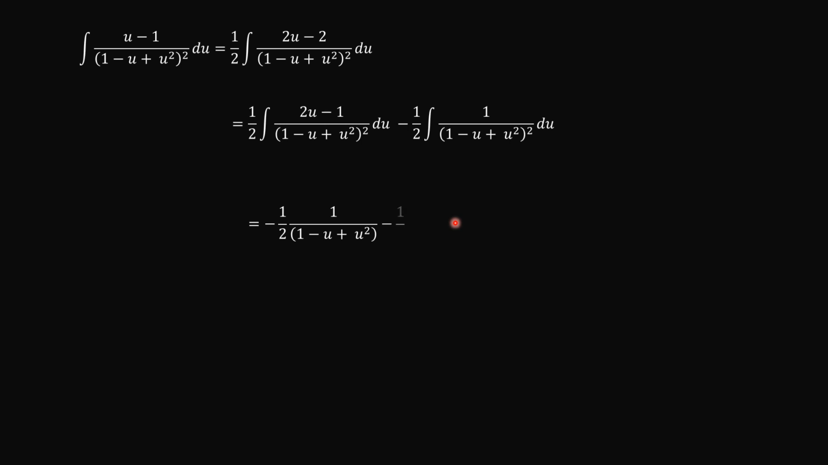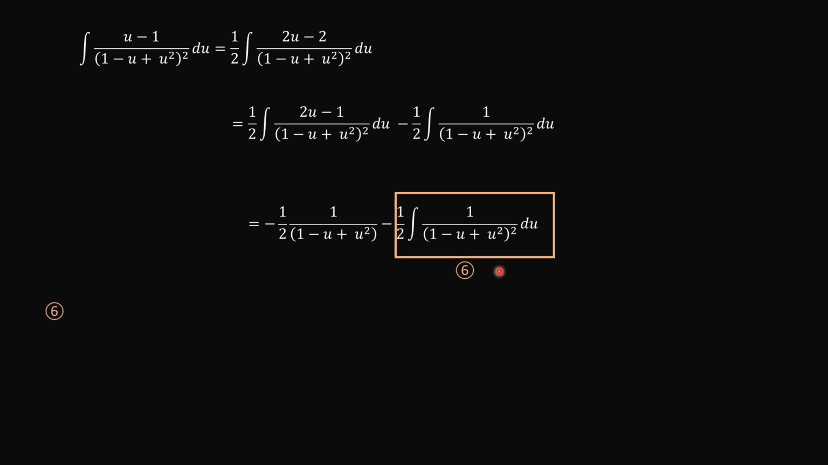The first integral there is as easy as saying that's the same as negative 1 over 2, 1 over 1 minus u plus u squared. The second integral is what we're going to try and deal with in a little bit more detail. So we call that integral 6. So integral 6, which is half of the integral from 0 to infinity of 1 over (1 minus u plus u